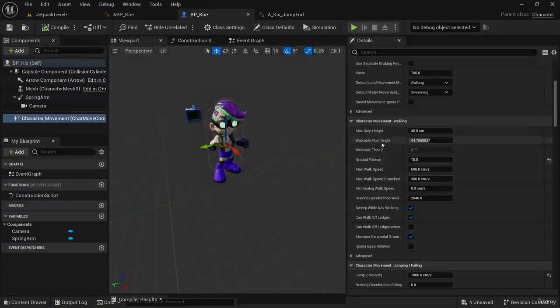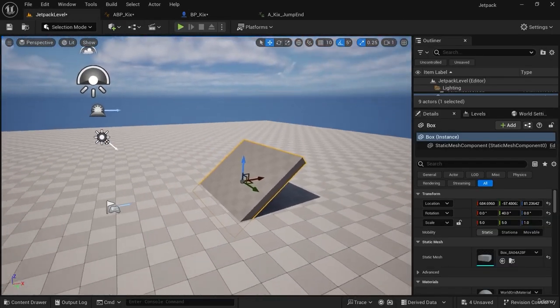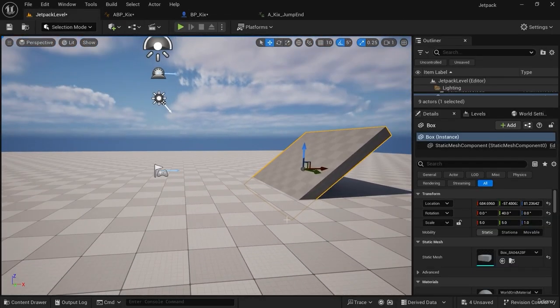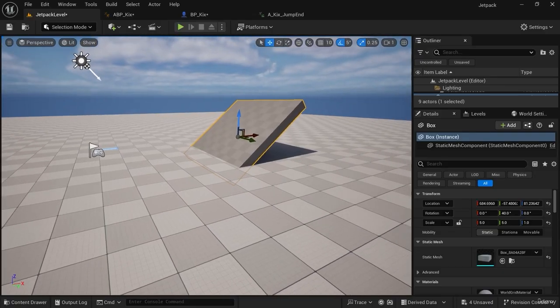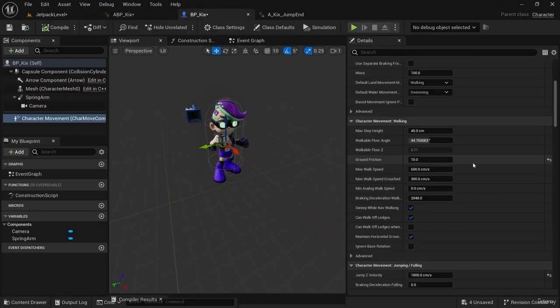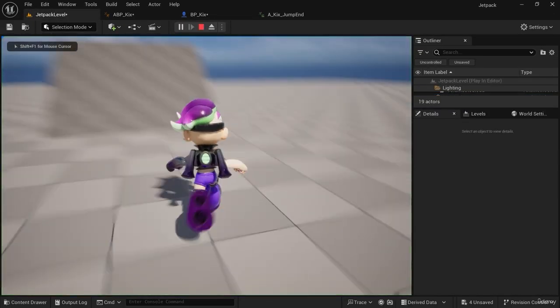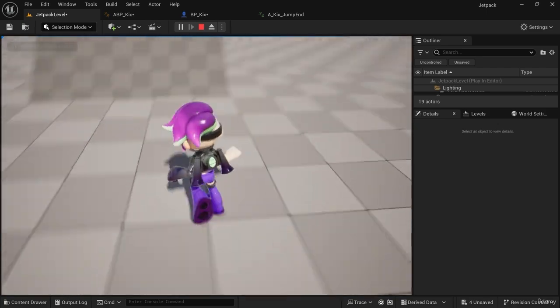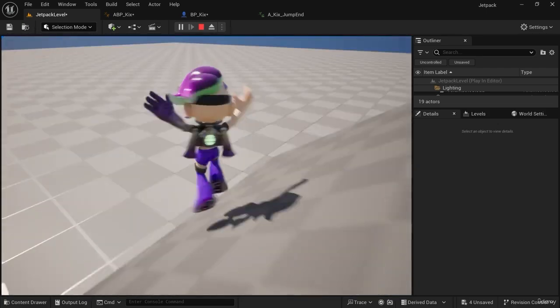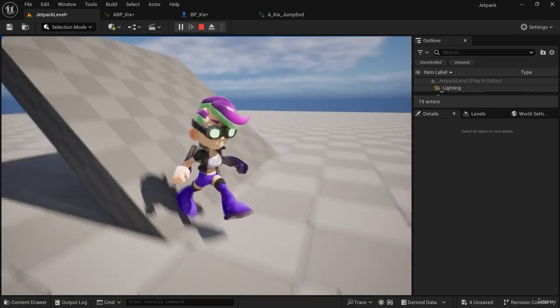So that's walkable floor angle and max step height. If you're having trouble running upstairs in an asset pack or a ramp or getting over obstacles and you're like, well, this isn't that high, why can't I walk on it? Go into your character movement component and adjust those values too. So those are some properties on the character movement component. Adjust those until you get things feeling and looking exactly how you want them to look in your game, and